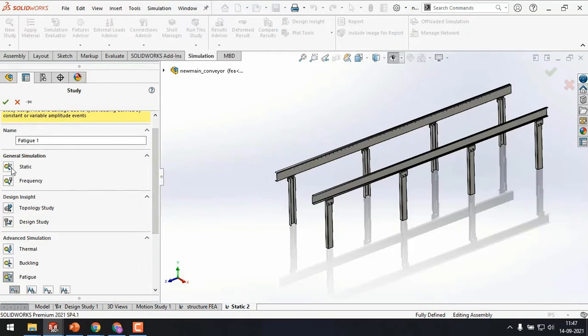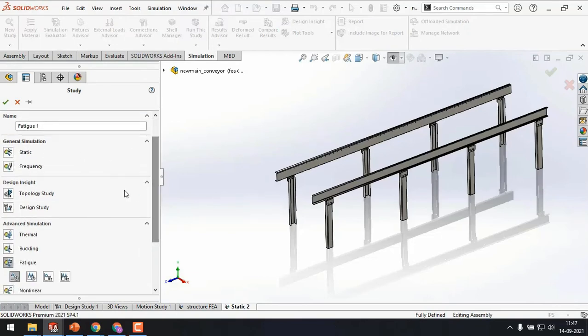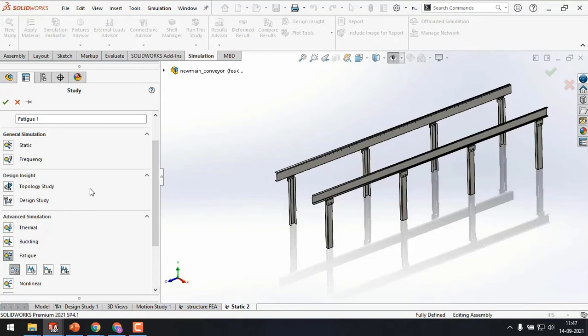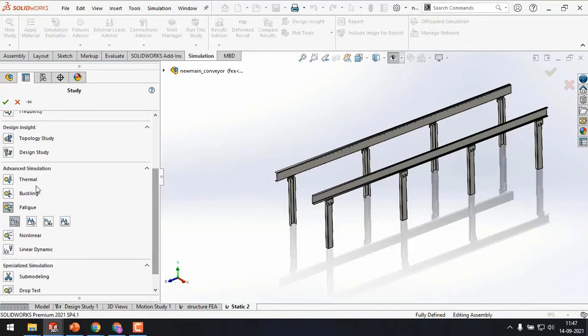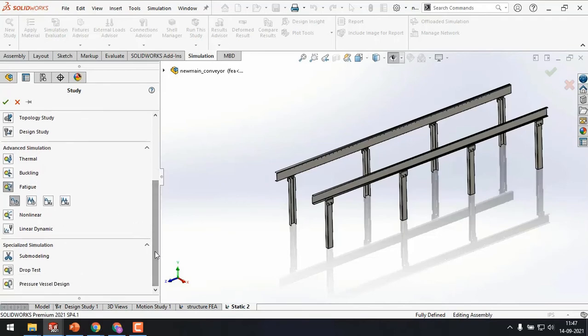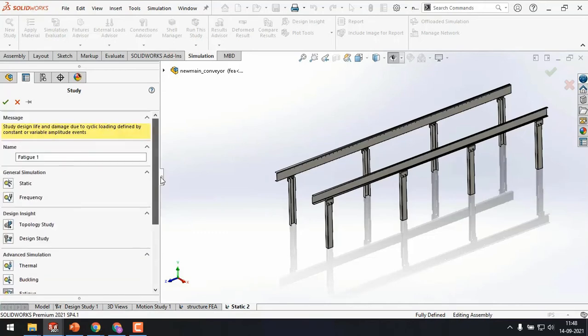Not only static, but if you are interested in frequency analysis, if you want to check what the natural frequencies of your component are, you can even perform optimization studies, right? We have thermal, buckling, fatigue, and so on, correct? If you want to check vibrations coming under your product, you can even go for dynamic analysis, etc. Once you select the study according to your requirement,